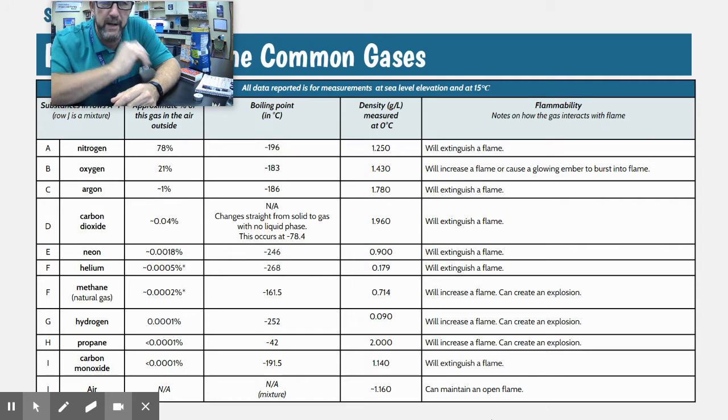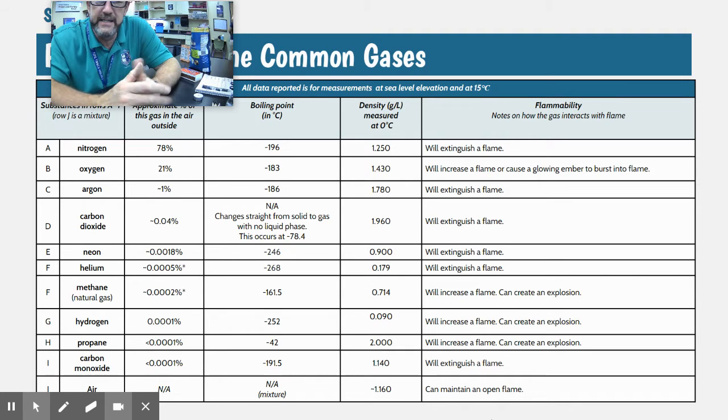And the thing I want to talk to you about next is density. Density is a measure of how much stuff, how much matter, how much mass is in a given amount of space. And in this chart, we are talking grams per liter. Typically, we measure density in grams per milliliter. But with the air, we're talking grams per liter. So we can see that air is at approximately 1.160 grams per liter. That's the air that we live in.